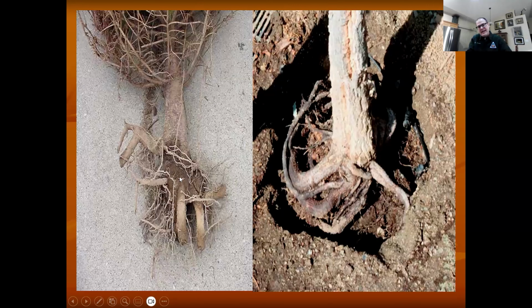Here they did it again, but you can't really tell from this angle, but the roots came out. They hit this is where the bottom of the pot was. So then they turned 90 degrees till they hit the edge of the pot. Then they turned back up. So again, they should have shaved all the edges off of that pot before they put it in the ground.